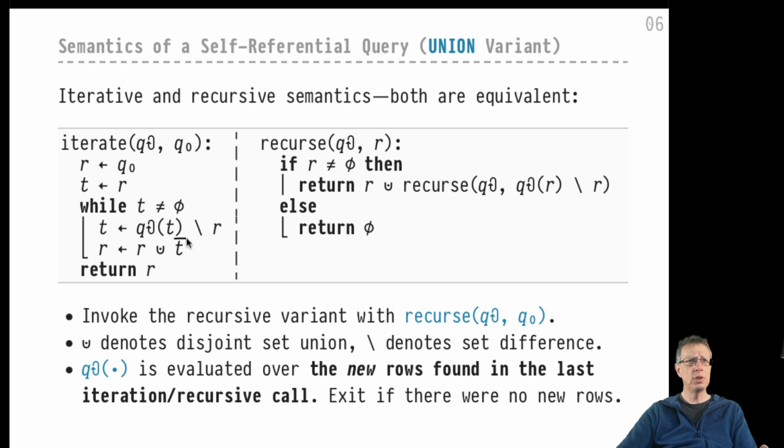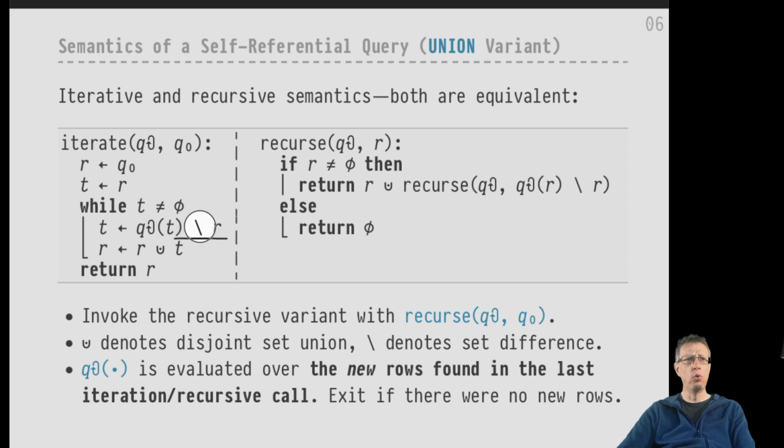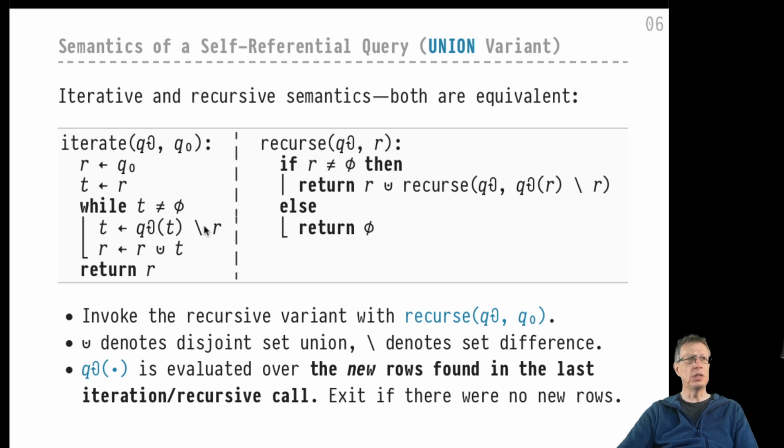And as you can see, everything that we have produced before, everything that we have already collected in the result is being removed from T. We don't want to produce the same results all over again. Okay, so Q recursive can do its job. And the newly discovered rows that we have not seen before make up the result of this current iteration. Okay, so this is super important. Only newly discovered rows that we have not seen before are actually admitted into T